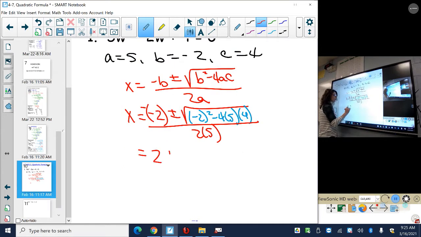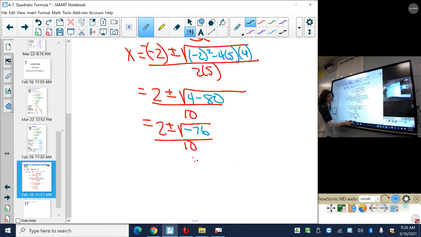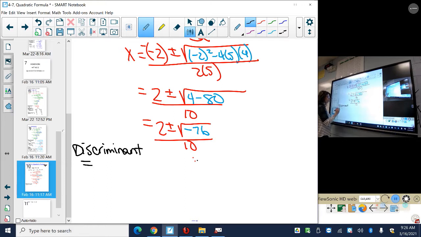So a double negative is a positive. -2 squared is a 4. Minus 4 times 5 is going to be 20 times 4 is going to be an 80 all over a 10. So 2 plus or minus. This is going to give you a -76 all over a 10, which tells you that your discriminant value is equal to -76. So the type of roots I'm going to have,